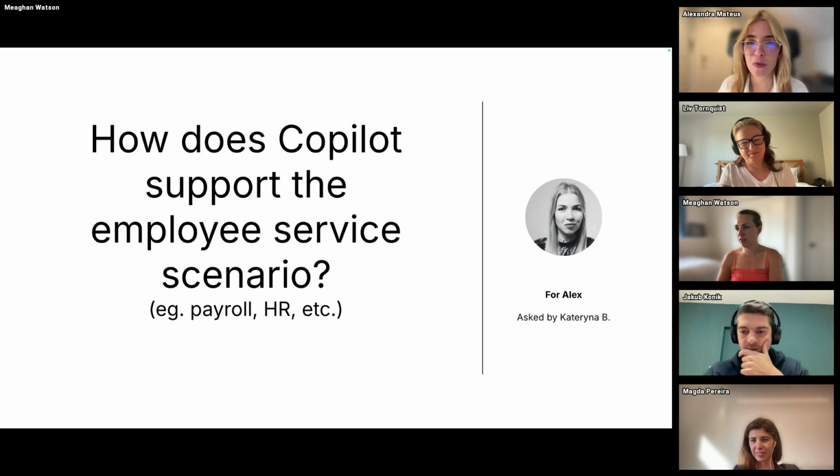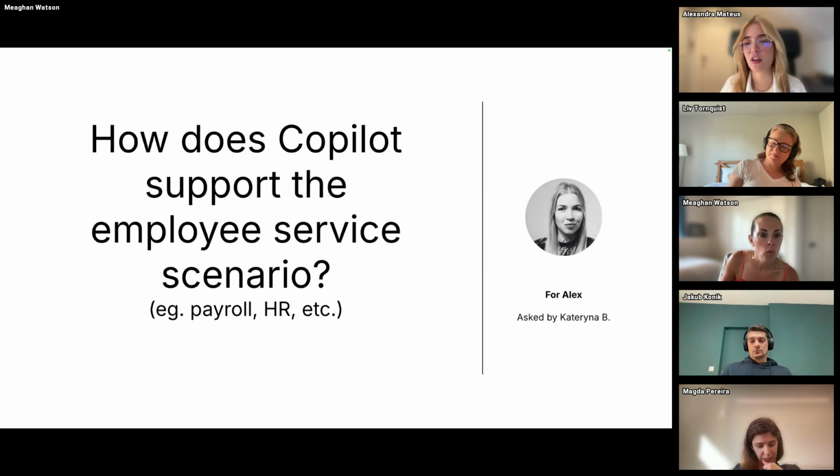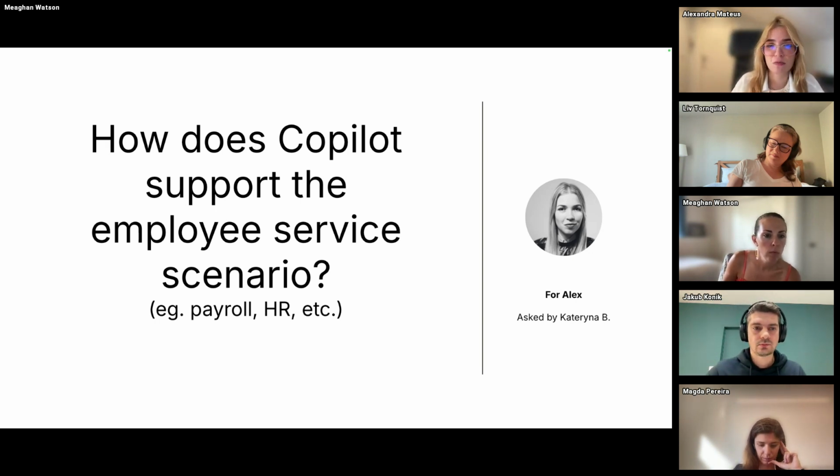Yeah, so when it comes to employee service, Copilot really does help too. It's also service and getting to resolutions, but from the employee side of things. So things like HR, payroll, IT, this is where Copilot can really help by taking a lot of the repetitive manual work off any of the team's plate. Think things like approval, task checklists, pulling data from other HR systems, those things that really eat up time and are easy to miss. So Copilot can really help with all of that.